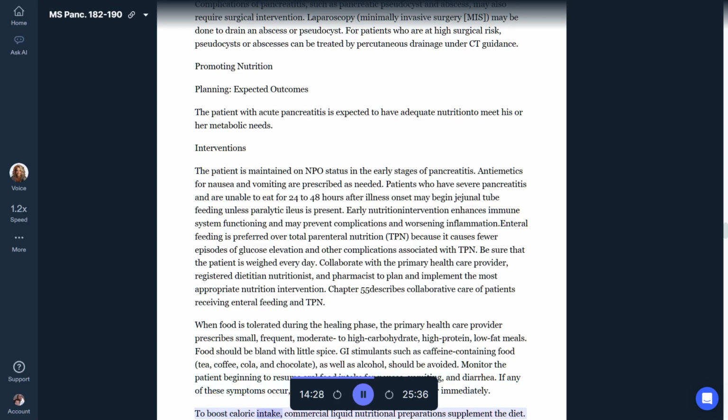To boost caloric intake, commercial liquid nutritional preparations supplement the diet. The healthcare provider may also prescribe fat-soluble and other vitamin and mineral replacement supplements. Glutamine, omega-3 fatty acids, fiber, antioxidants, and or nucleotides may be added to the patient's nutrition plan. Care coordination and transition management. Home care management. Home care preparation is individualized for each patient's circumstances. Some patients may be severely weakened from their acute illness and need to confine activity to one floor, limiting stair climbing and other strenuous activities until they regain their strength. Collaborate with the case manager to plan the best place for the patient to recover and resources that may be needed.